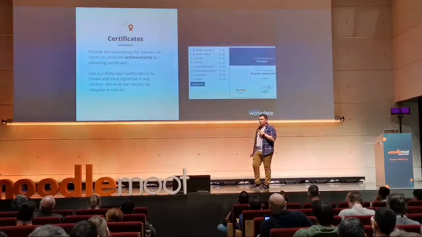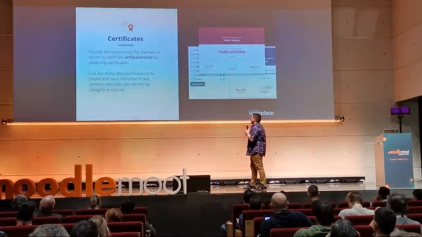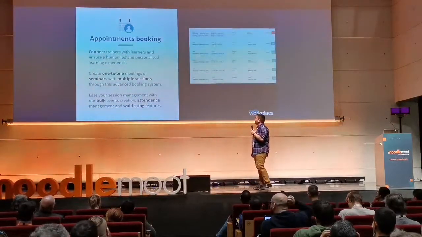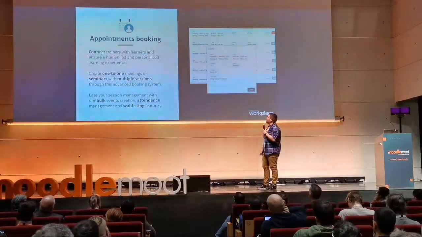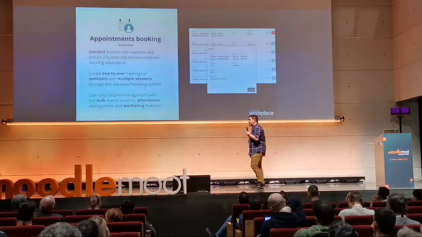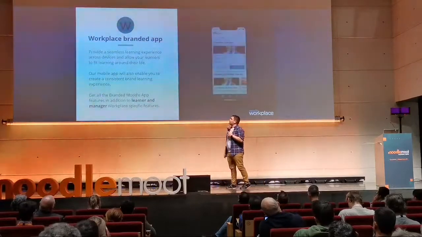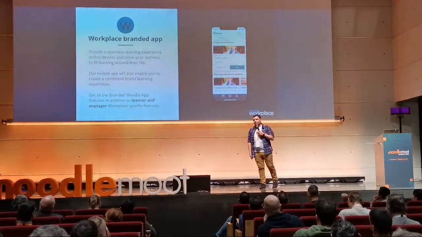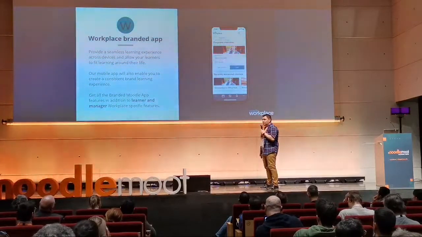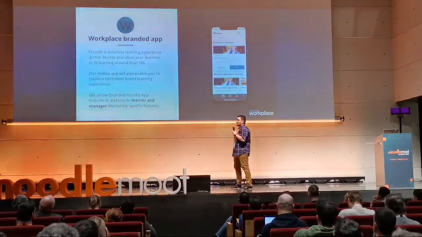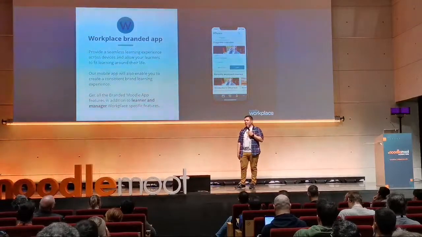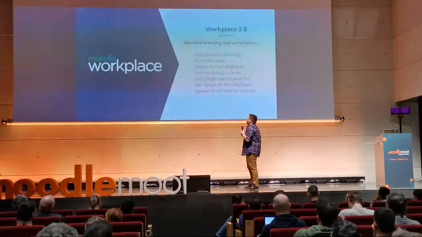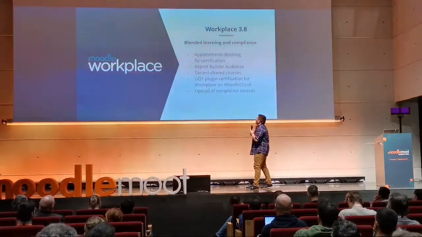We have the new certificates with a new shiny design, which is based on the custom certificates module. And we have this new appointments booking plugin, which is coming in this release. And of course, we have an app, and we have a branded app with specific features only for managers, and we are working on our first branded app, so it's great. So what is coming in this release?